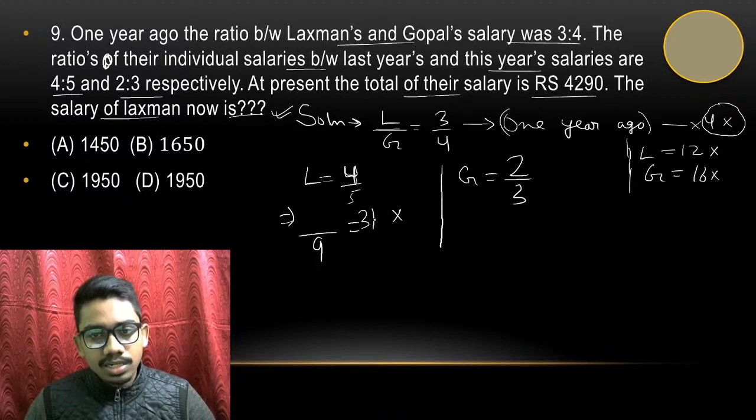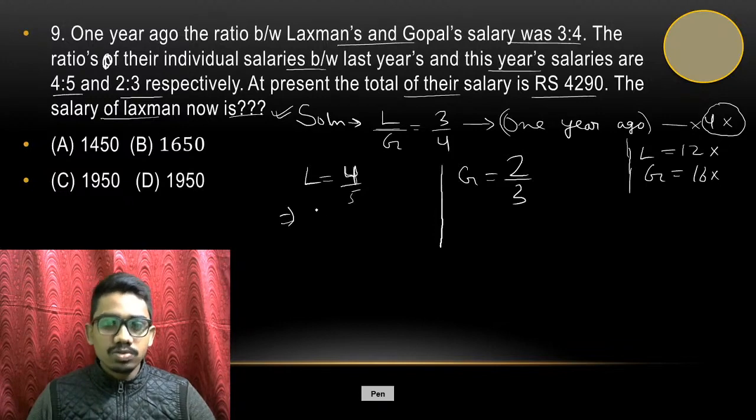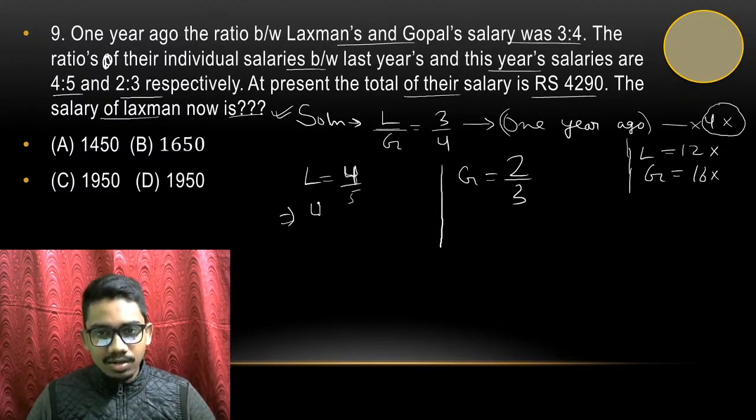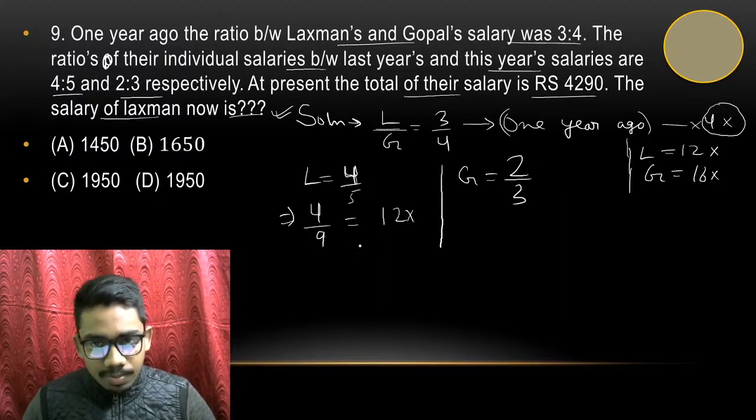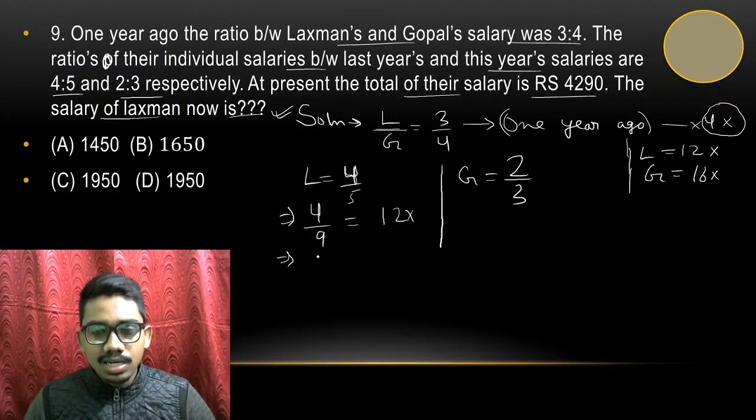इसको मैं थोड़ा इरेज करता हूँ. जस्ट यहाँ पे थोड़ा ध्यान से देखिएगा. यहाँ पे कुछ और भी कर सकते हैं, लाइक 4/9 equals to 12x. तो ये हमने किया. अब हम कर सकते हैं कि ये पास्ट का सैलरी है, ठीक है. ये मतलब पास्ट का सैलरी है. अब हम क्या कर सकते हैं, ये प्रेजेंट सैलरी है, दिस इज 5. ये 1 year ago है.